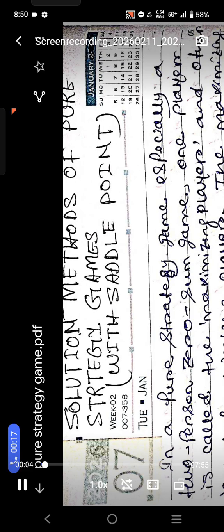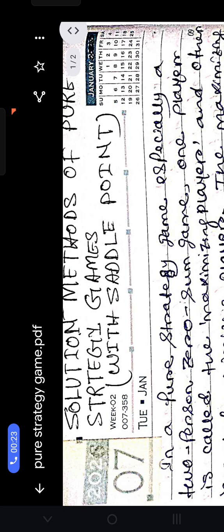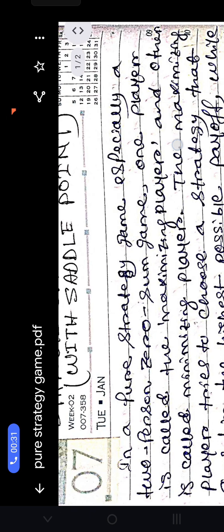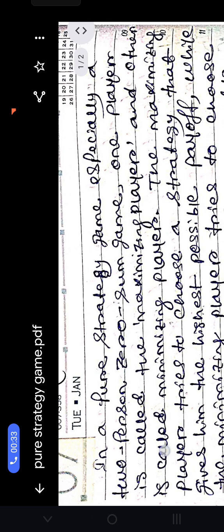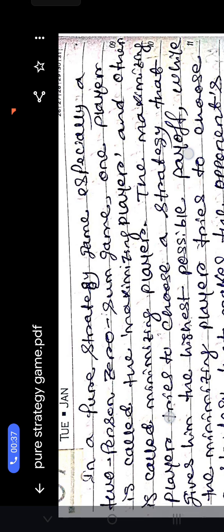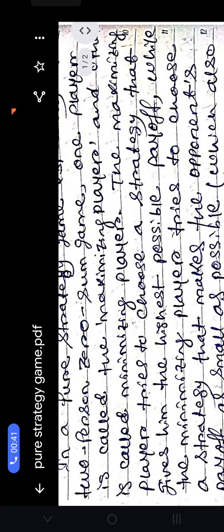In the previous lecture, I discussed the introduction of the game and its terminology. Today, in this lecture, I am discussing the solution method of the pure strategy game with the saddle point. So, in a pure strategy game, especially a two-person zero-sum game, one player is called the maximizing player and the other